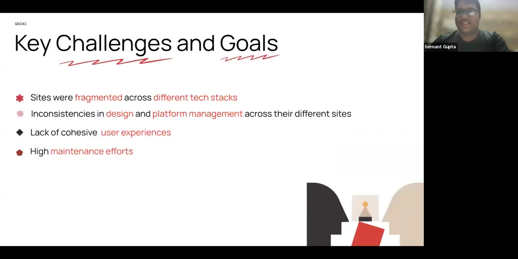So what were the key challenges previously in those three websites? The three websites were fragmented across different tech stacks. What I mean by that is diabetes.org was in Drupal 9, professional.diabetes.org was in Drupal 7, and diabetesfoodhub.org was on a custom PHP based CMS, and all of them were hosted across different tech stacks as well. They all followed different design languages, and since their implementation was completely different behind the scenes,